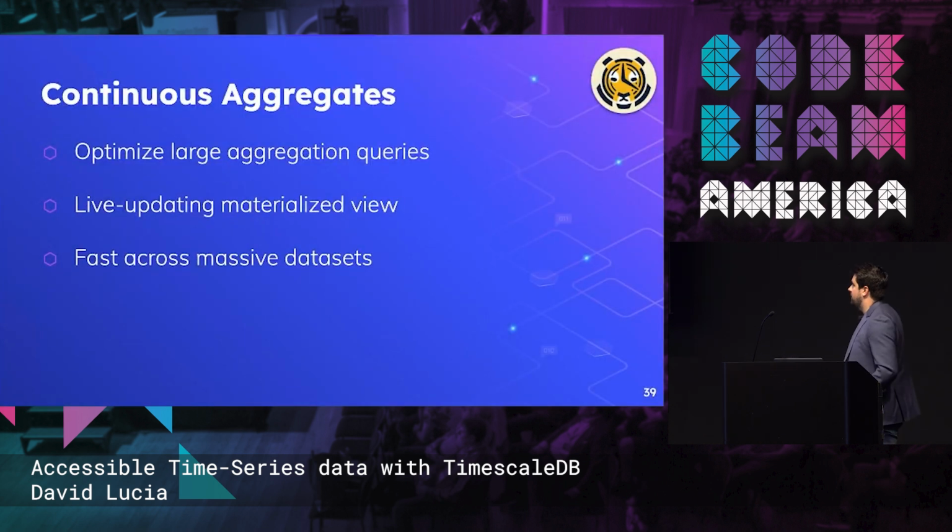OK, let's get into more interesting features, continuous aggregates. So we've got large amounts of data. We want to run interesting aggregations on the data. Those aggregations are going to get super slow as we've got millions, billions, trillions of rows. So continuous aggregates help us solve this problem. They're basically materialized views that have triggers and some other interesting things happening in the background. And what happens is when you insert data into the hypertable, it's going to automatically refresh that materialized view, and you get this live aggregate that you can work with.